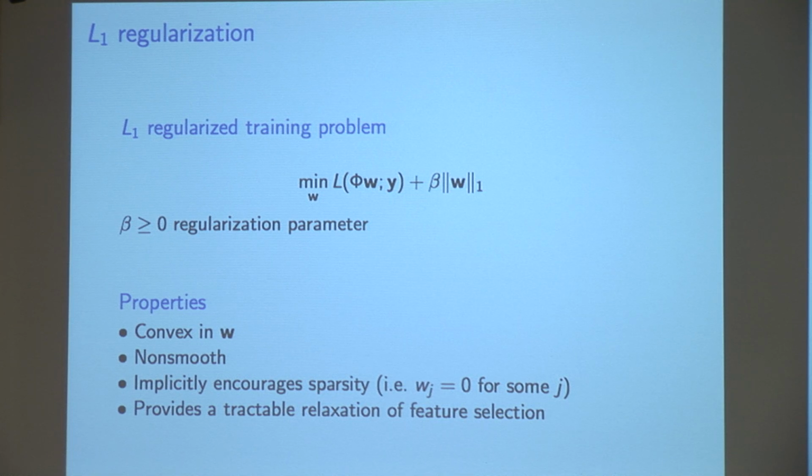And we still have our little knob that has to be set. It has some notable properties. One is that it's still convex. So the L1 norm is a convex function. In fact, any norm, almost by its definition, is a convex function of the argument. It happens to be non-smooth. And that non-smoothness is important. In fact, that non-smoothness is what's giving us this approximation of feature selection. I didn't write a slide on this, but this is a convex lower bound of a feature selection cost, or an L0 norm, in a certain way that I think isn't that deep. But anyway.